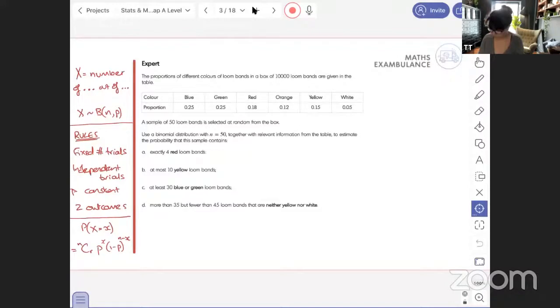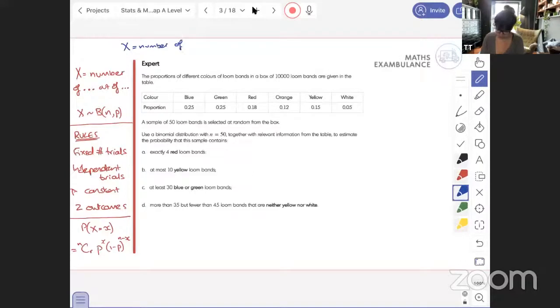Okay. What is x the number of? This is how we should always start. What is x the number of? X is the number of,